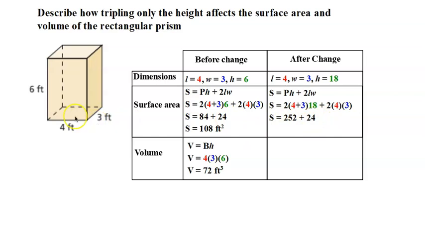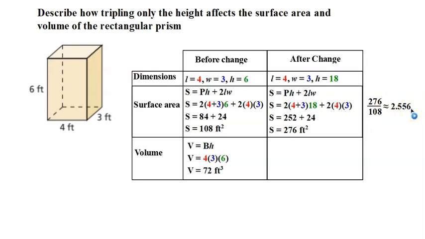The bases are still 12 square feet on each base for a total of 24 for the bases, which gives me a total of 276 square feet, which you can look at this and tell real quick that it did not triple the surface area, did it? Now let's figure out what is that ratio. Again, remember, it's new over old. So 276 over 108 is approximately